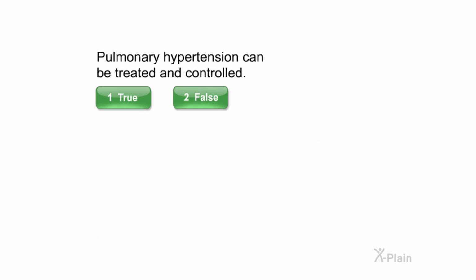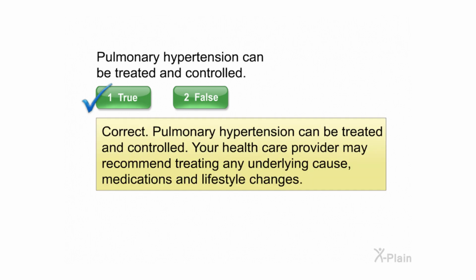Pulmonary hypertension can be treated and controlled. Select true or false. Correct. Pulmonary hypertension can be treated and controlled. Your healthcare provider may recommend treating any underlying cause,